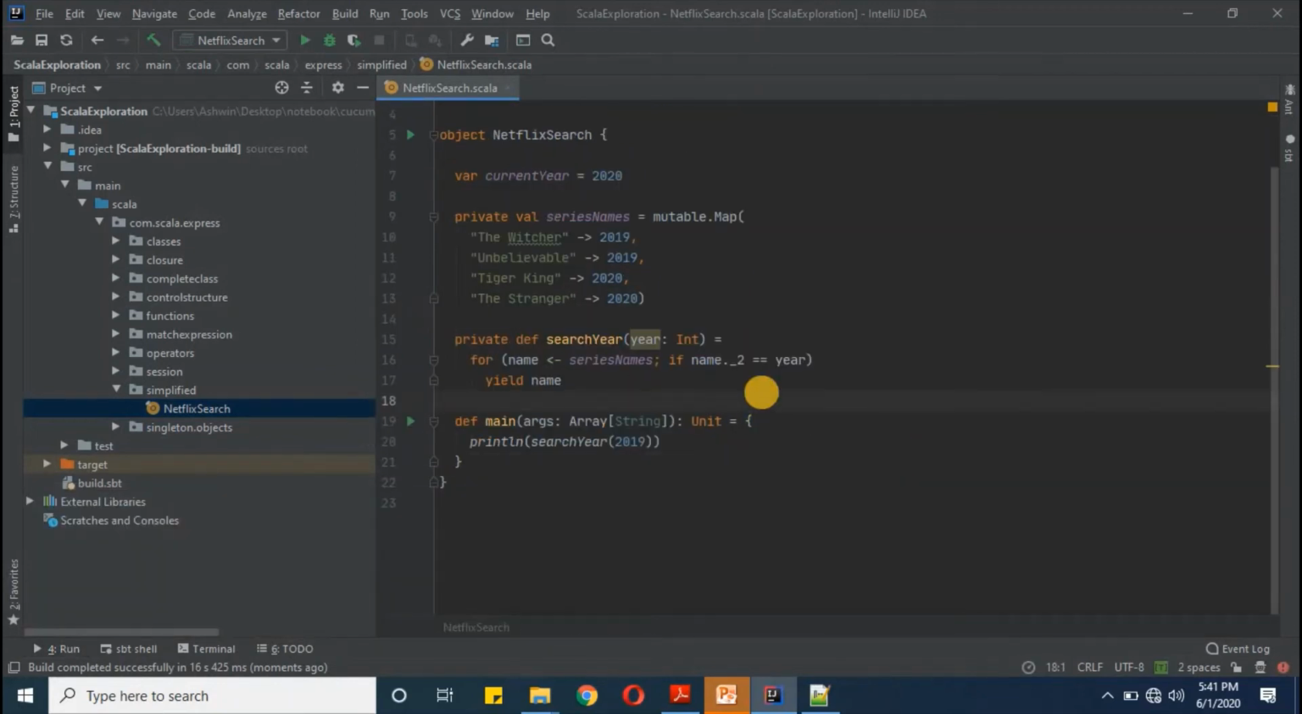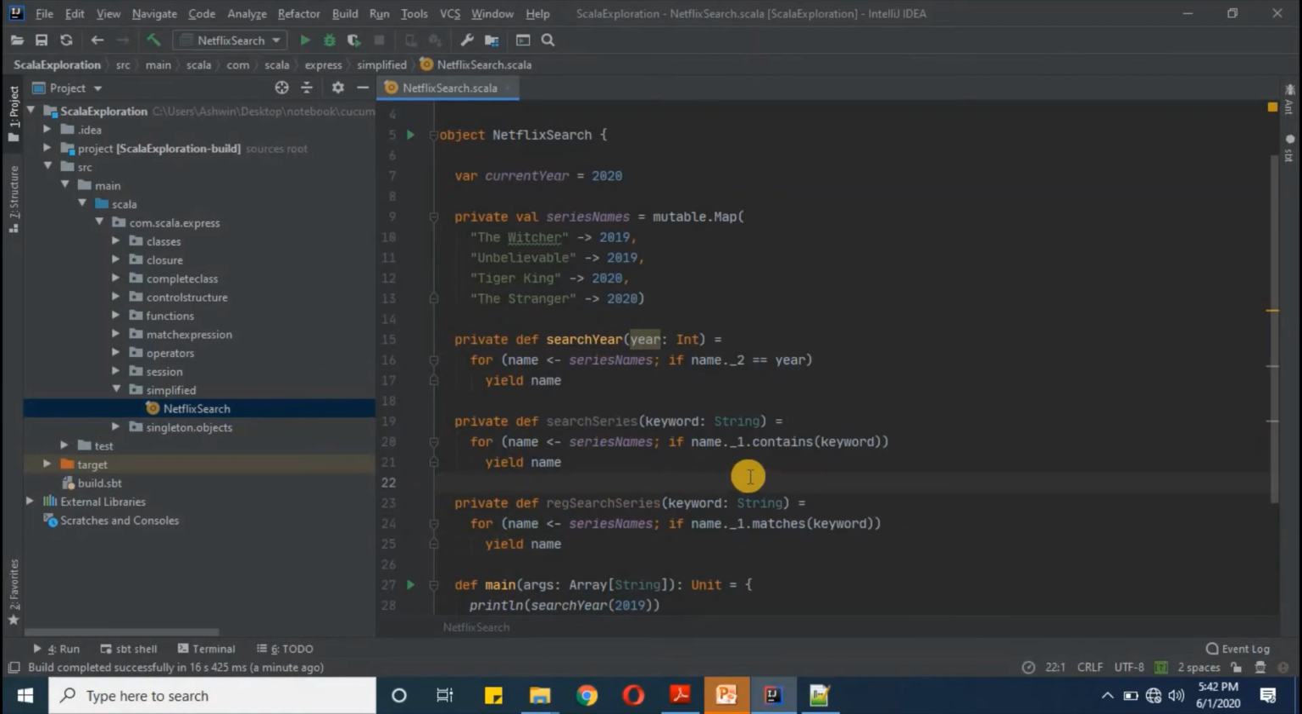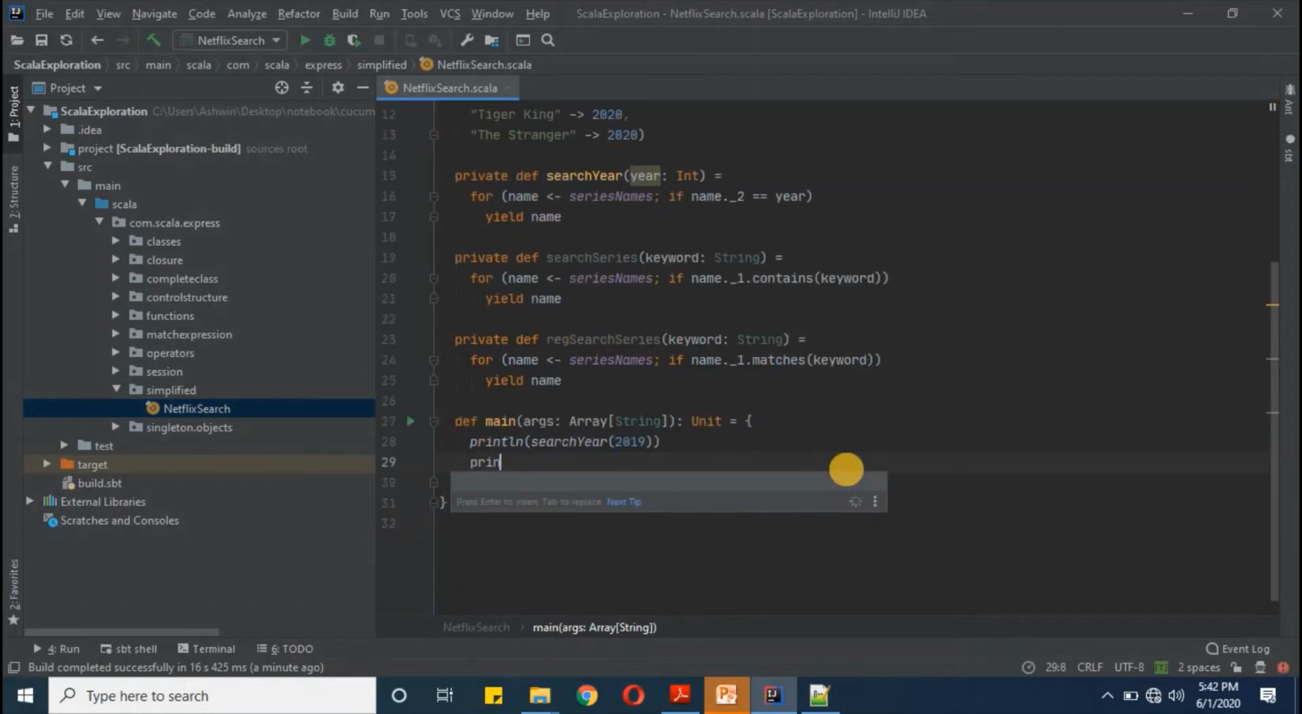After this, we were defining some function which will search on basis of string values. So here we are searching on basis of string value contents. And if we have some super user who searches based on regular expression, we will have this function here. If you use the matches function, this will allow you to search with regular expression keywords. And now here